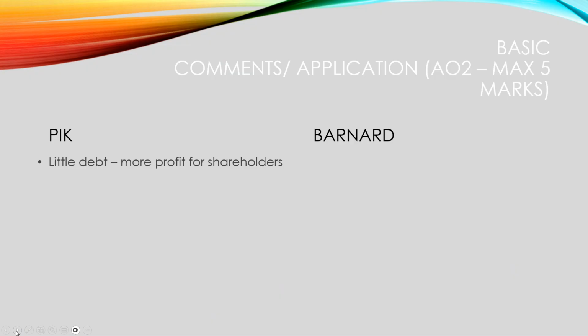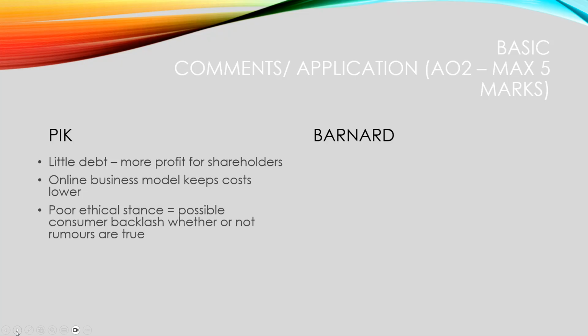So carrying on with basic comments, more AO2 marks here. PIC has got very little debt, which means more profit for shareholders. It's an online business model with a small head office, so that keeps the costs lower. Its poor ethical stance, however, could lead to a consumer backlash, whether or not the rumours are true. And the value of shares could drop if consumers move to alternative platforms. So if consumers go to other providers of these apps, then that means a loss in business and therefore profits